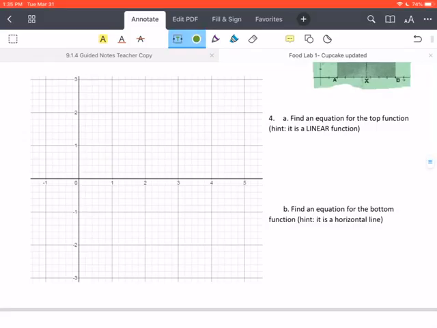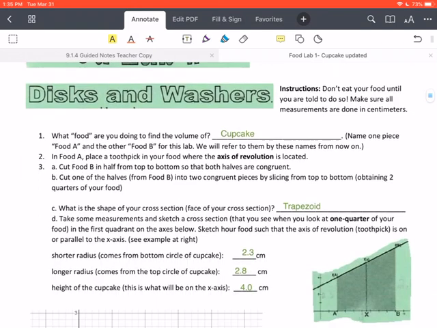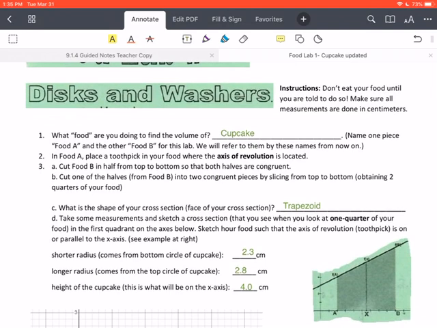Okay, now we are going to go ahead and work through the note sheet that goes along with the lab. So I filled some things in already. We are obviously working with a cupcake, and we looked in my instructional video that when we sliced into the cupcake and cut the half into two quarters, we saw that the shape of the two-dimensional cross section was a trapezoid,